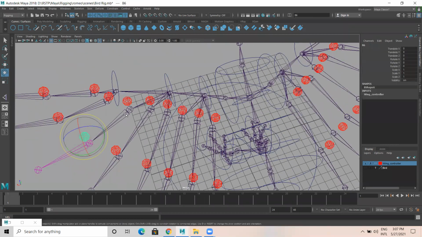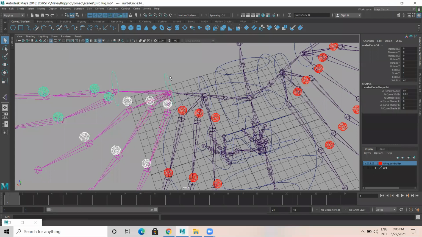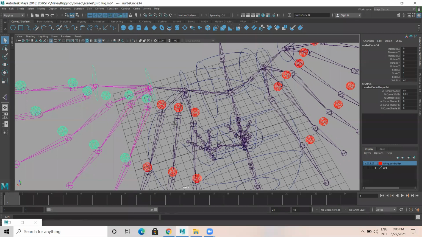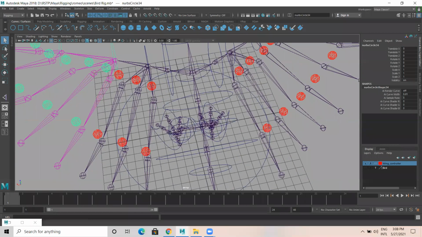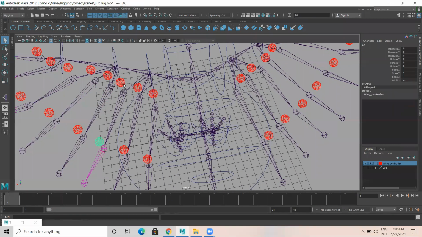Same way, this is the child of this controller, P. This is the child of this controller, and this is the child of this controller. So 1, 2, 3. These three are children of this particular controller. So when you select this, these three get selected, because this is already a child of this, and these three joints are children of this. Are you able to understand how this is working? Yes. Don't get confused. It's the same process, I'm just repeating.